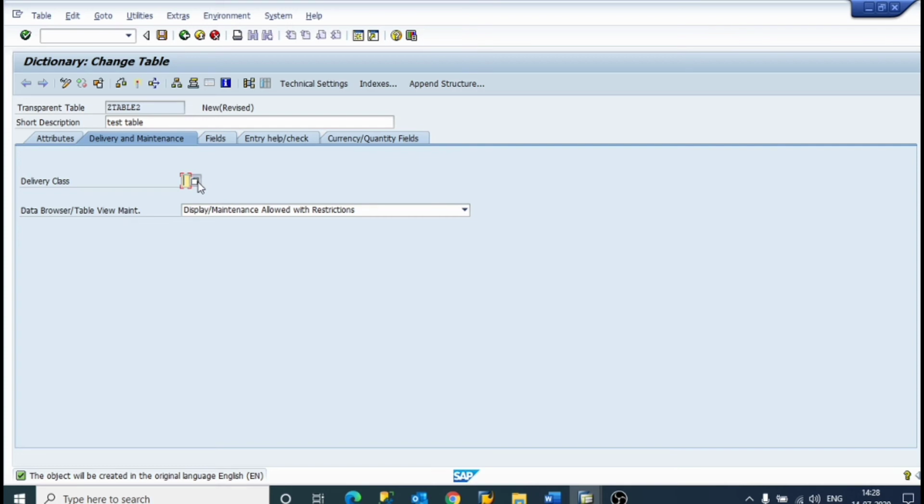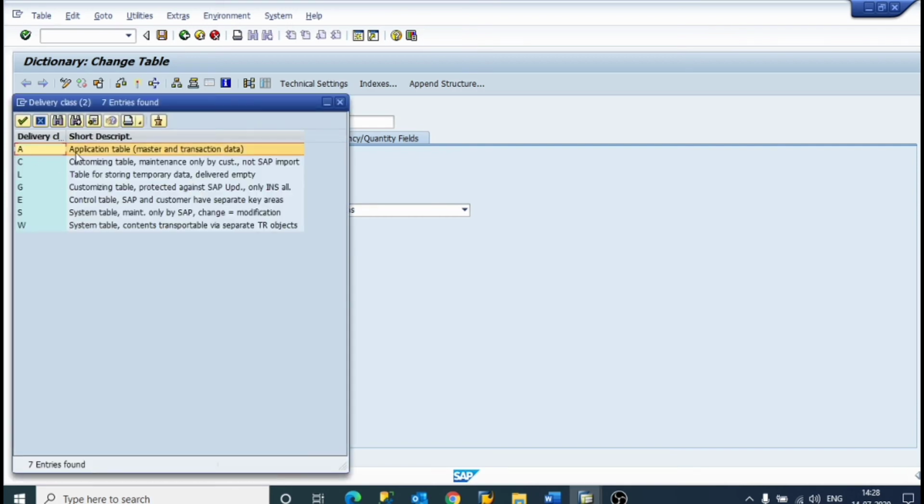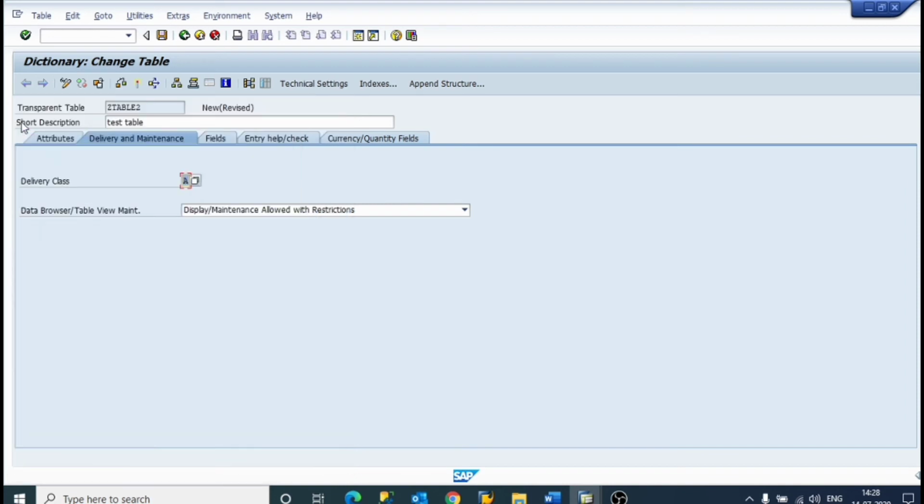Now the delivery class will be A. A means application table, master and transaction data. So just click on copy. Now data browser, table view maintenance: display maintenance allowed with restriction? No. Display maintenance allowed. Now we have to click on fields.